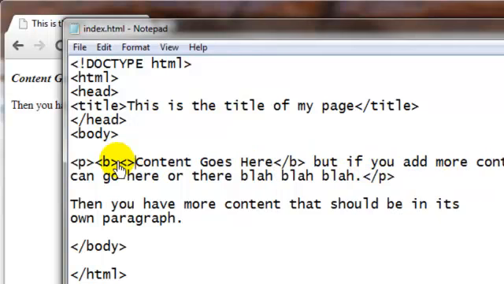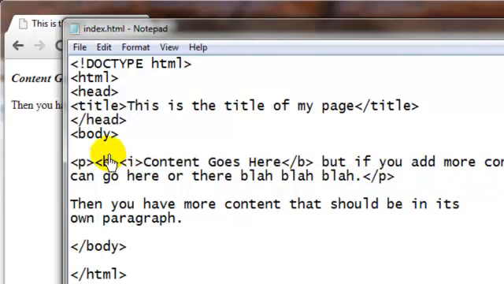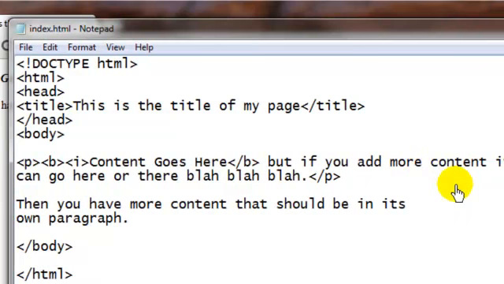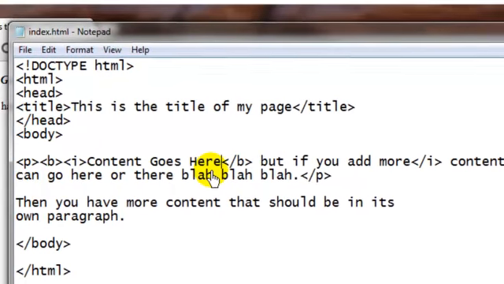Then I'd have my opening italicized tag here, and then I wanted all of this to be italicized, so I put my closing italicized tag here, but this kind of screws up the opposite order of the closing tags with the opening tags. So what I need to do is close out the italicized tag here, again to maintain the order,